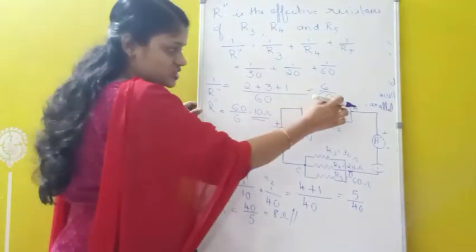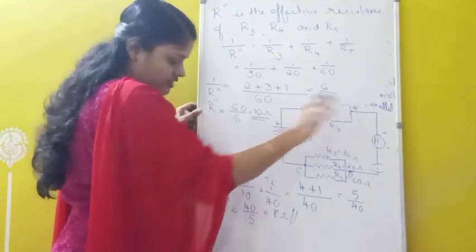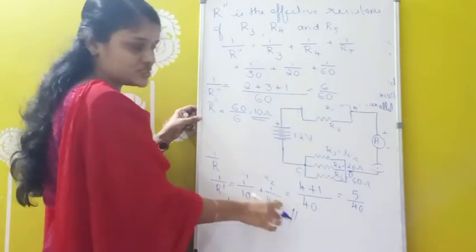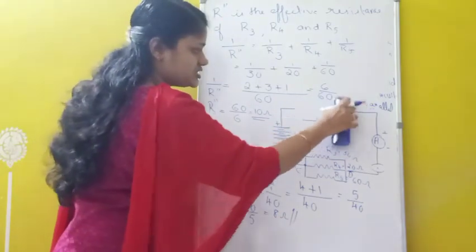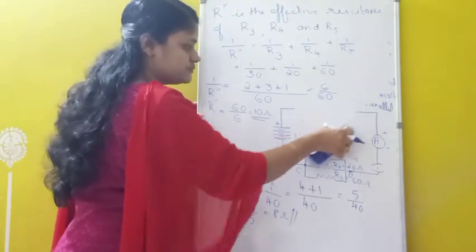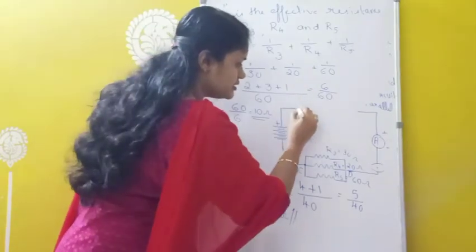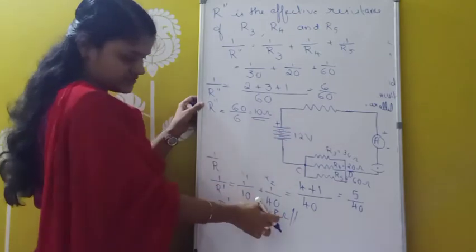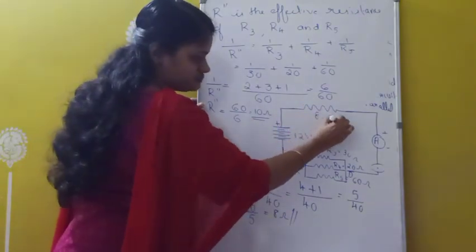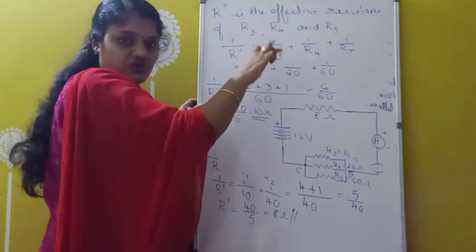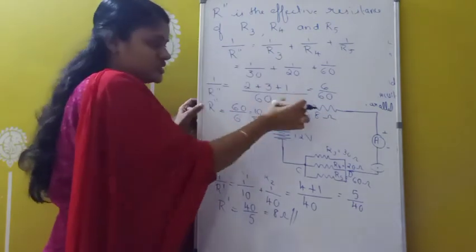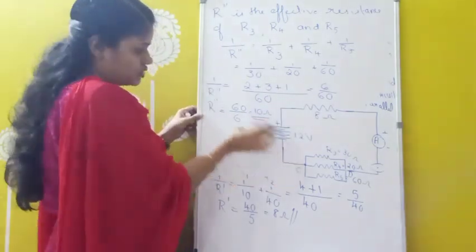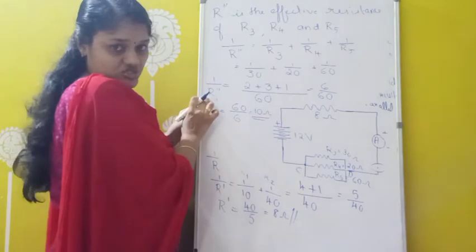Okay. Now instead of this diagram, what can I put now? So here the effective resistance of R1 and R2 is how much? We got 8 ohm. So instead of this one, I am connecting another single resistance. Another single resistance of how much? Because the effective resistance of R1 and R2 is given as 8 ohm. So I can write here 8 ohm. Okay. So instead of those 3 resistors, I can substitute 8 ohm.